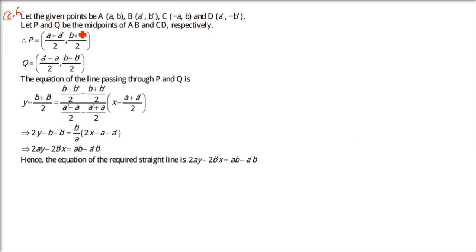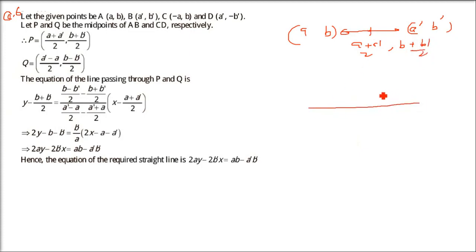Now, the only thing we need to be cautious about in these questions is that A dash and A look the same, B dash and B look the same. So there is always some confusion. So we have AB and A dash B dash, this is given. There is a line which is bisecting it. So we can find this point: A plus A dash by 2 and B plus B dash by 2. That is, we have used the midpoint formula, x1 plus x2 by 2 and y1 plus y2 by 2. This is the first point.